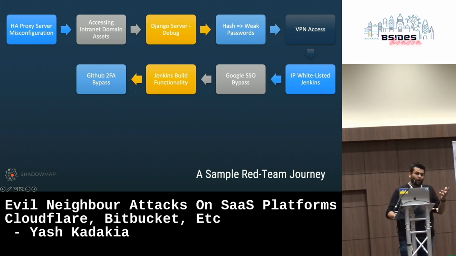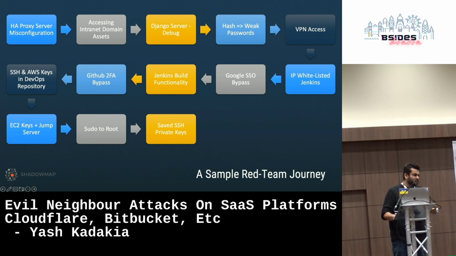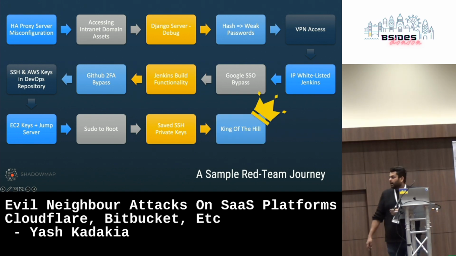One of them was called DevOps, contained a bunch of SSH keys inside it. Used those SSH keys to find some jump servers, connected to those servers, got onto their SSH. They had sudo enabled, got root, found a bunch of saved SSH keys, hopped onto a bunch of different machines on the network, and pretty much had everything at the end of that, right? So that's typically what our cloud SaaS red team journey looks like. And it's really interesting because it's very different from what red teams traditionally used to be, right? No Active Directory, no real enterprise compromise, right? Everything sort of happened outside the network.